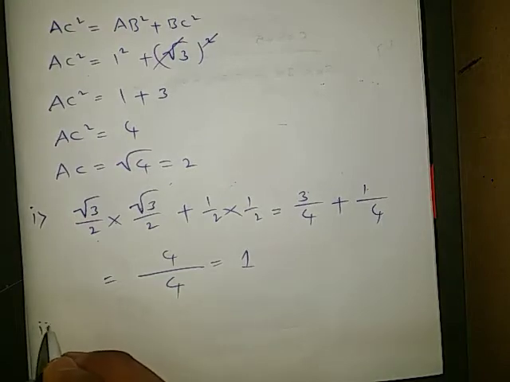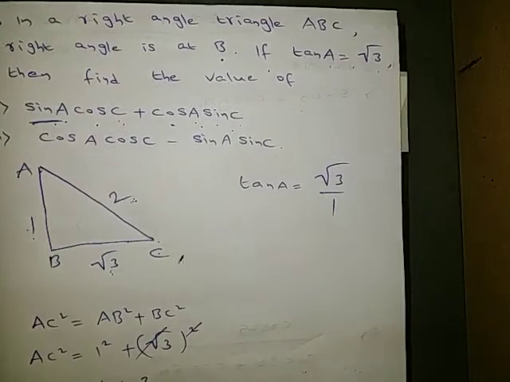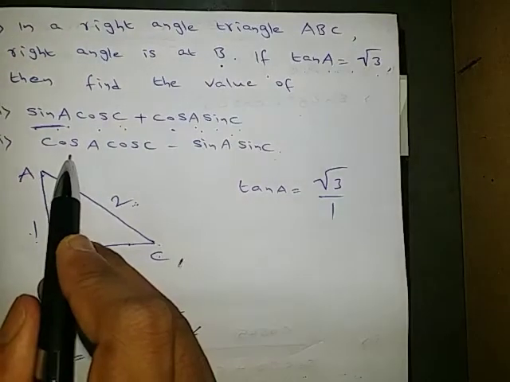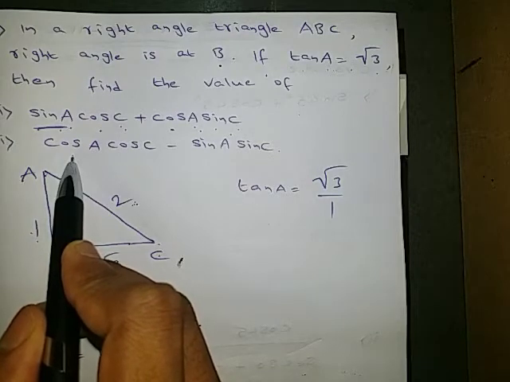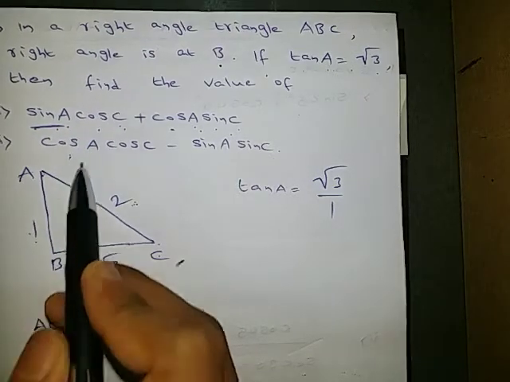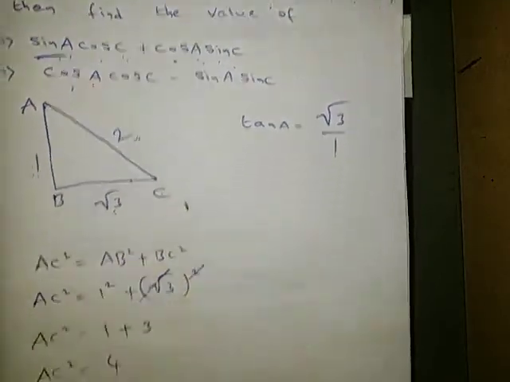Next, in this only one more question is there, so let us look at that second question also. That second question is cos A cos C minus sin A sin C. Cos is nothing but adjacent by hypotenuse. For angle A it is speaking about, adjacent is 1, hypotenuse is 2. So we will get 1 by 2